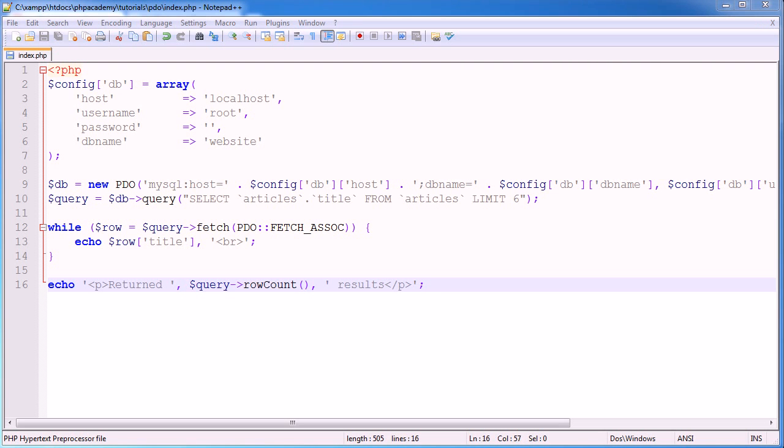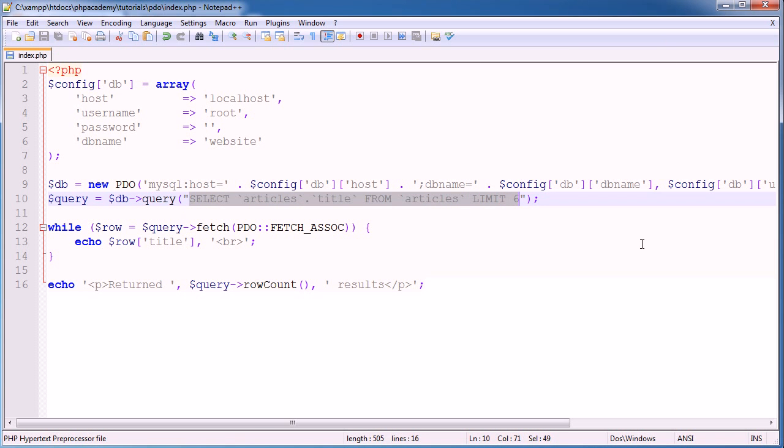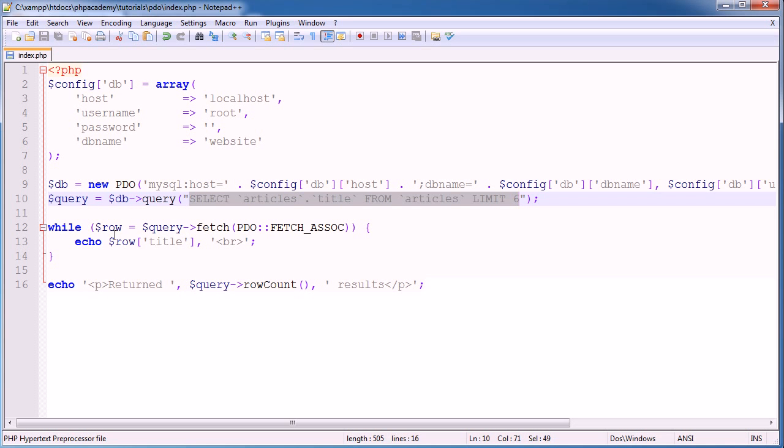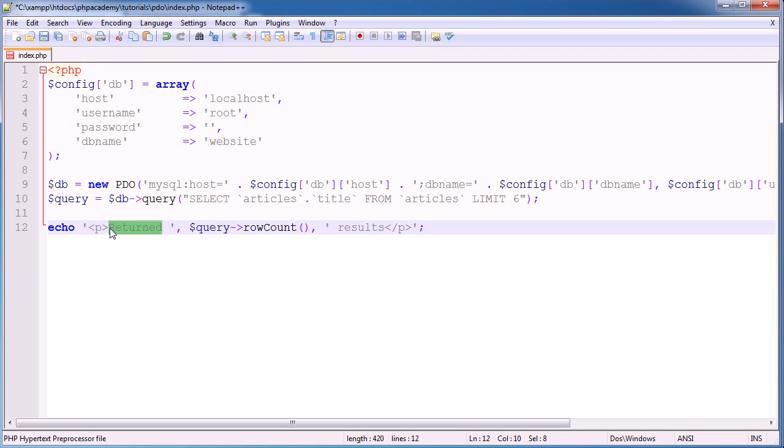So just a quick note before we end the tutorial: basically, that's it. However, rowCount doesn't just return the amount of rows that we get from a query. The definition of this method really is to return the rows that have been affected. So for example, if this query here was to delete a row, let's just try this out. We're looping through data at the moment, but let's get rid of this, and change this to deleted rowCount